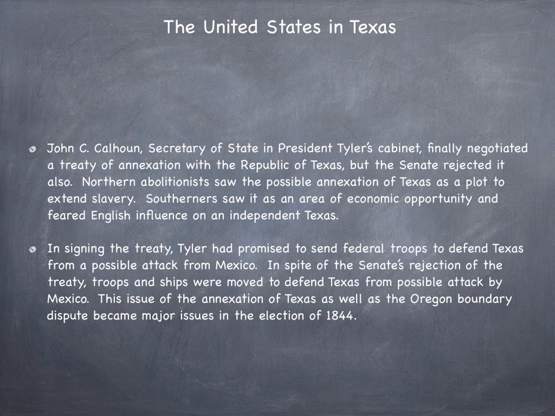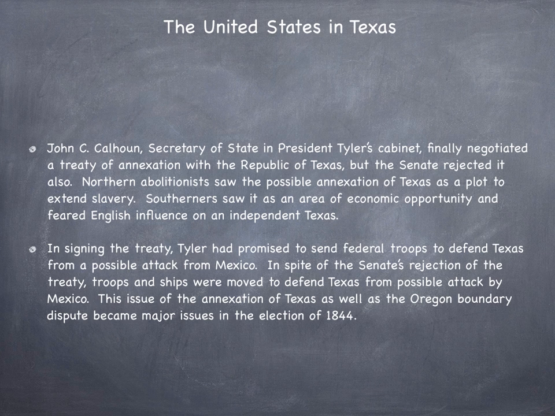John C. Calhoun, Secretary of State in President Tyler's cabinet, finally negotiated a treaty of annexation with the Republic of Texas, but the Senate rejected it also. Northern abolitionists saw the possible annexation of Texas as a plot to extend slavery. Southerners saw it as an area of economic opportunity and feared English influence on an independent Texas. In signing the treaty, Tyler had promised to send federal troops to defend Texas from a possible attack from Mexico. In spite of the Senate's rejection of the treaty, troops and ships were moved to defend Texas from possible attack